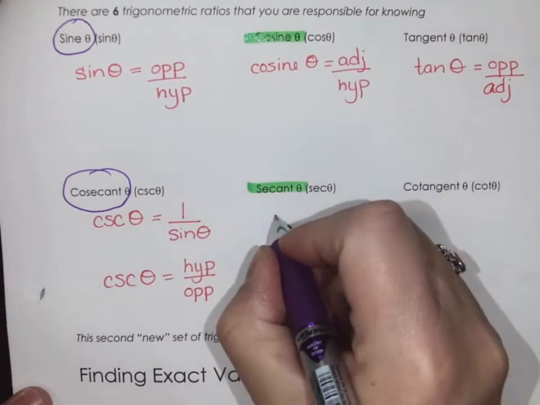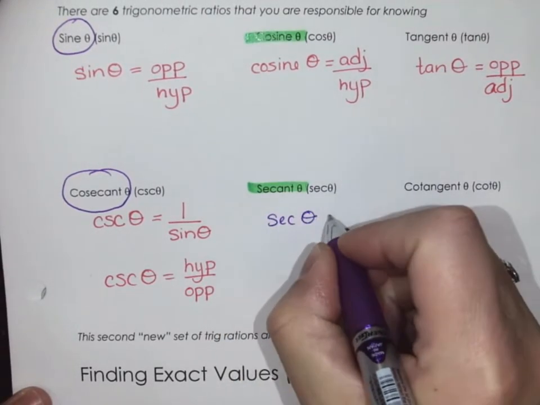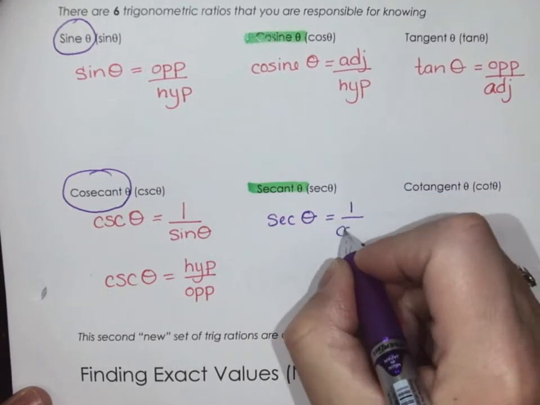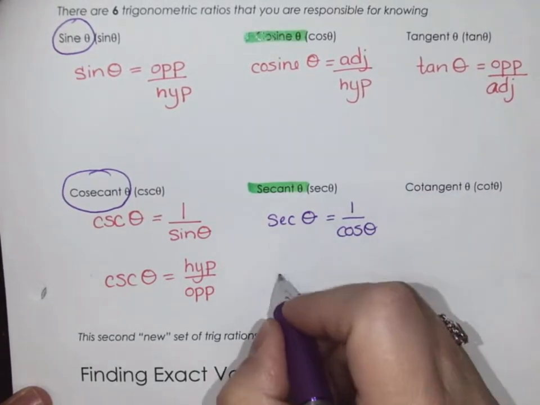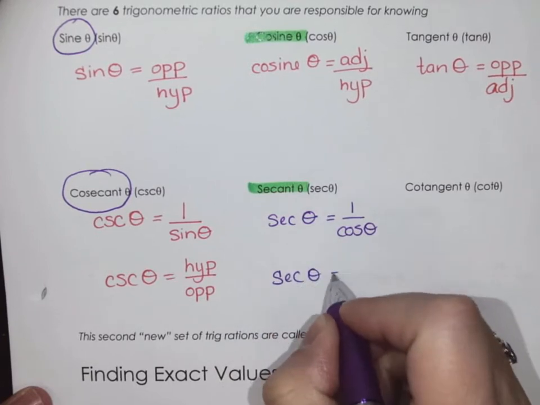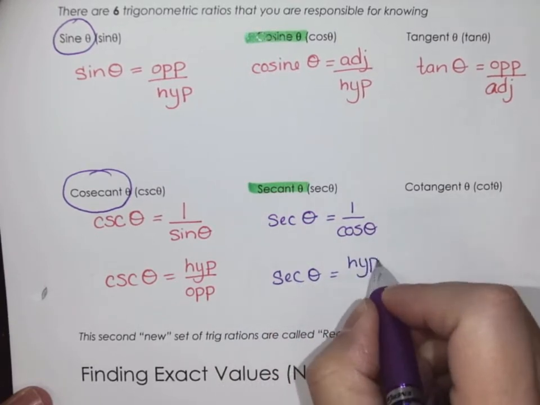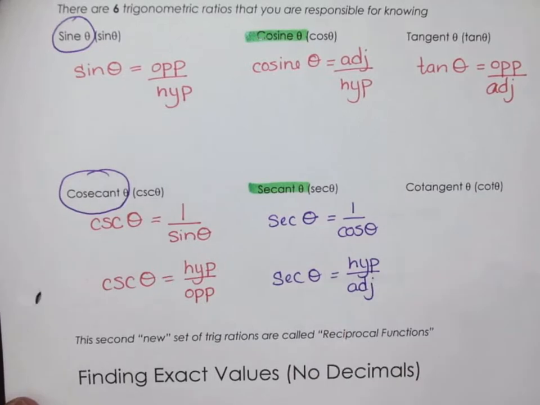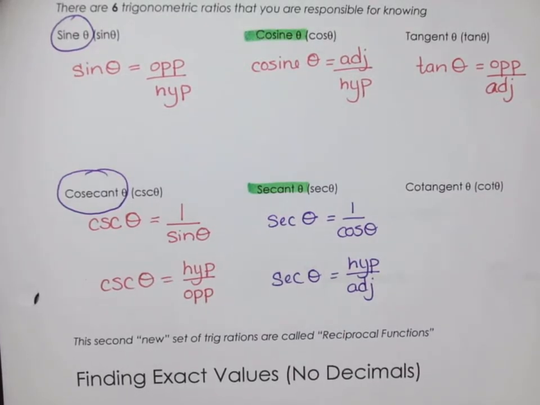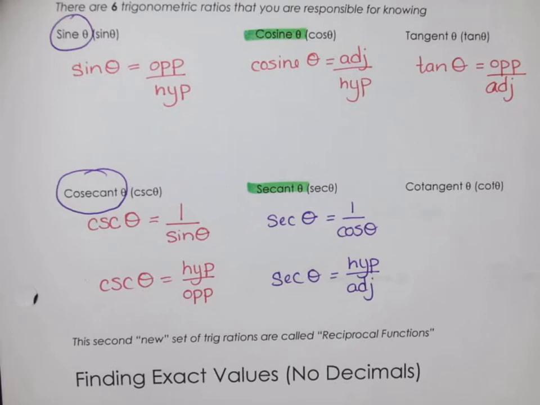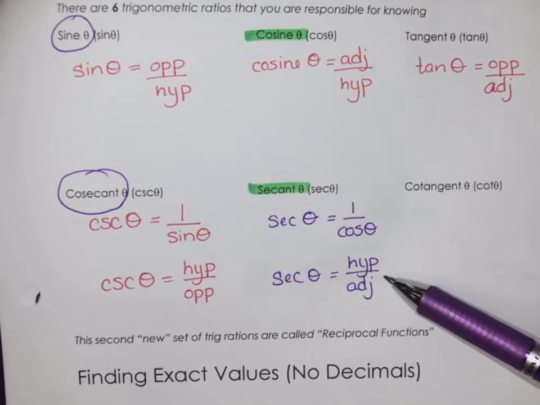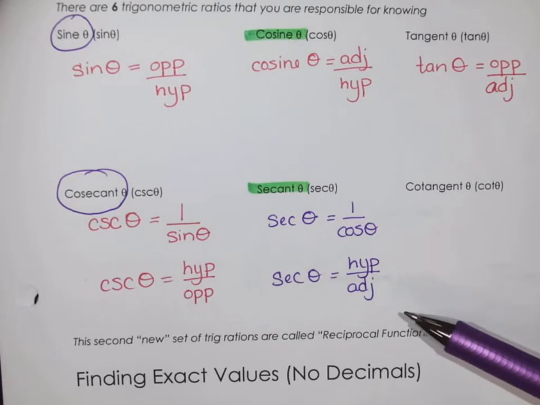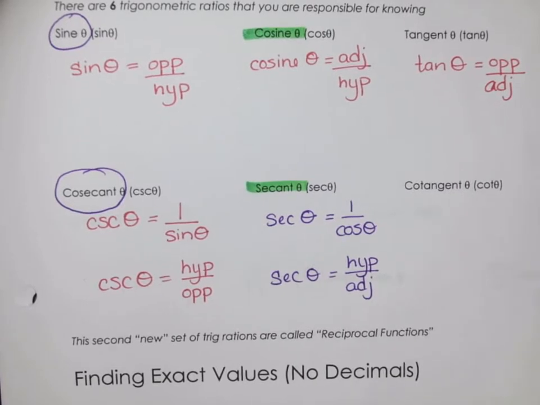So secant theta is equal to 1 over cosine. Or how else could I write it? Hypotenuse over adjacent. So what some people do, like what Danica was saying, is figure out cosine first and reciprocate it in the end. That's totally a fine way to deal with it. Or you could jump right to here and put it into the equation reciprocated. Okay, and tangent goes with